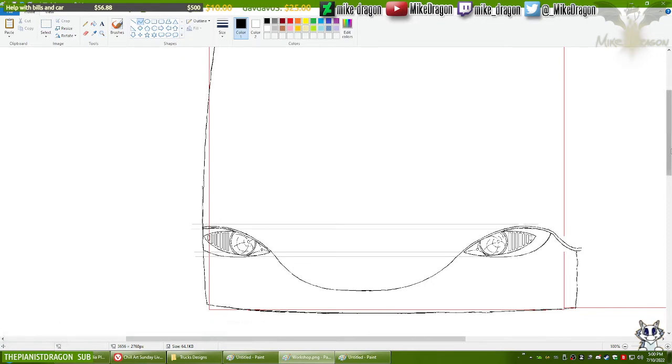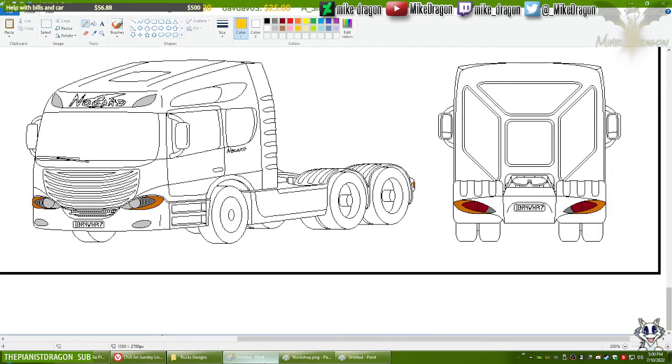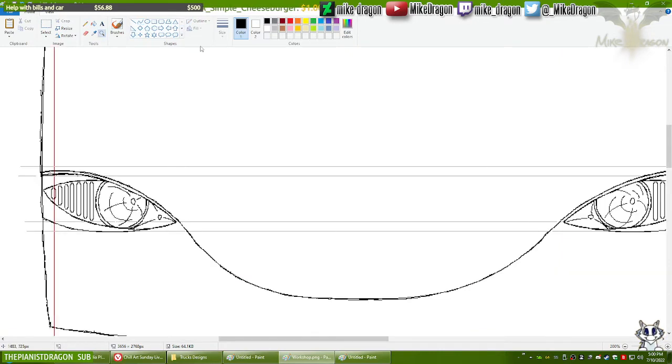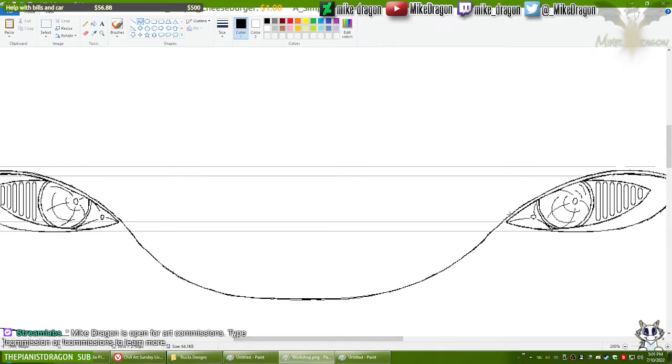Now, let's see what I have to do next, besides everything else. Right, the top. Let's see.